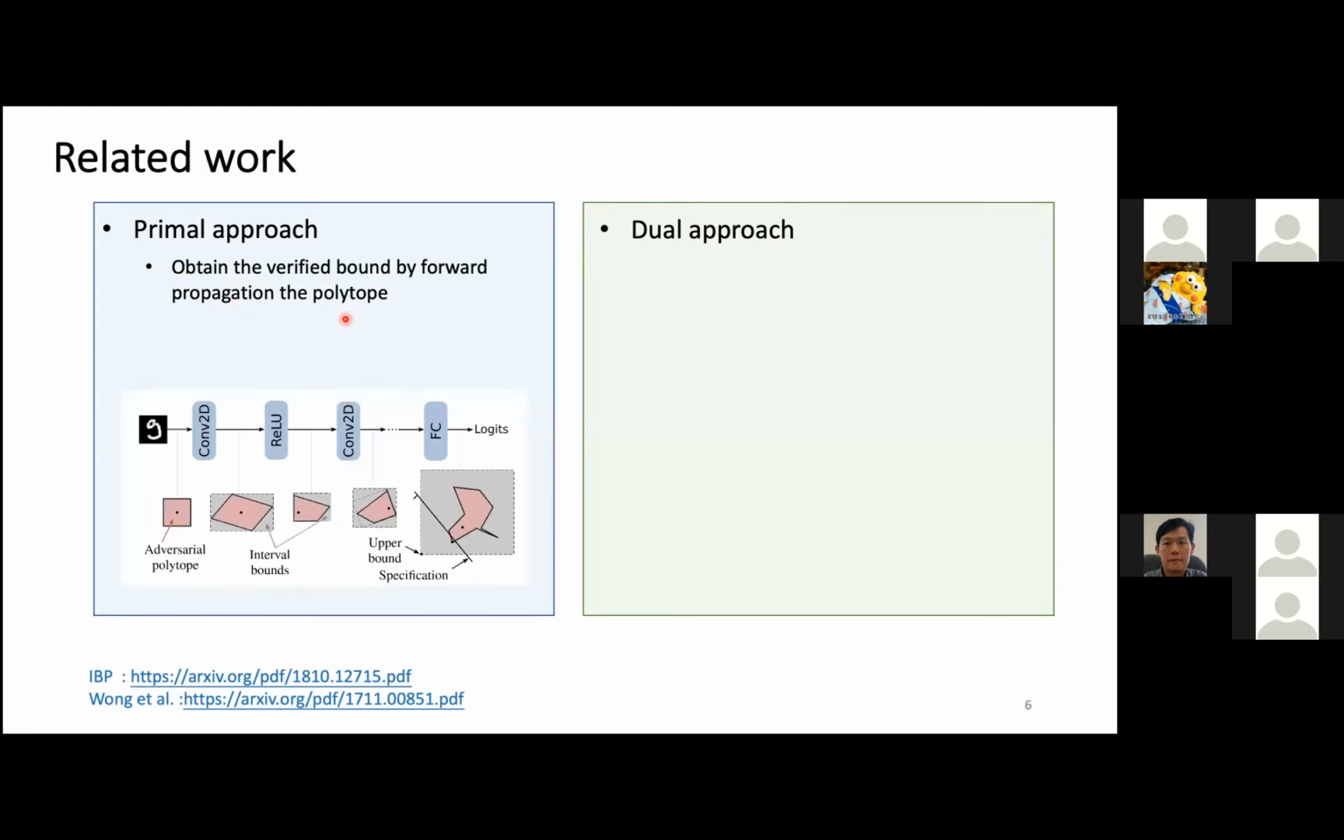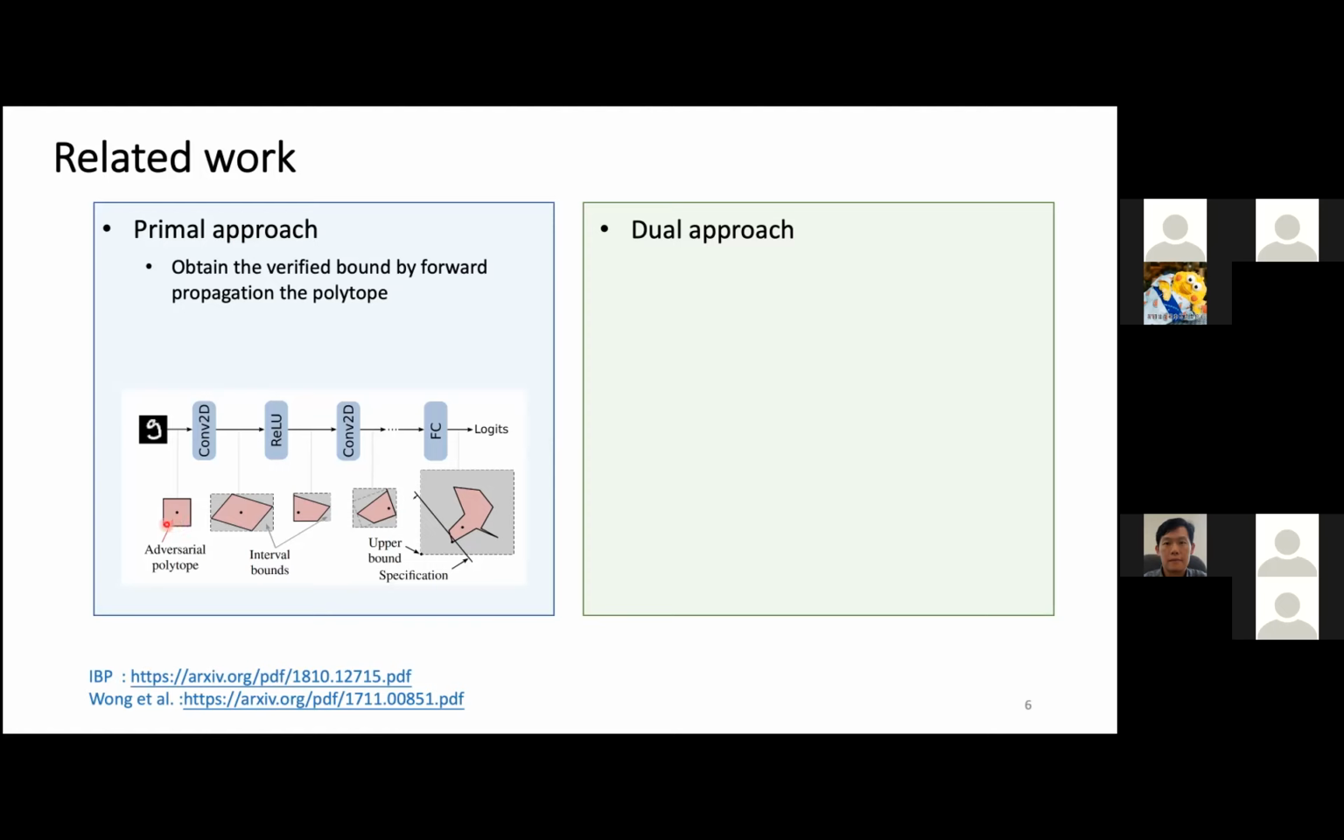We can see this figure. This method is proposed by IBP. How to verify the network? Here we can see that we have a network, and their idea is first to initialize the adversarial polytope. And this adversarial polytope captures all